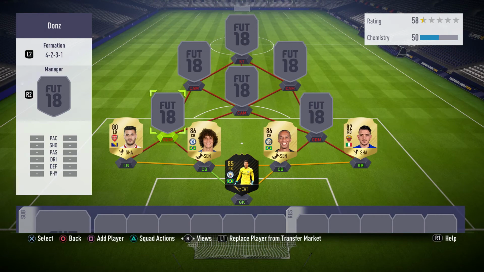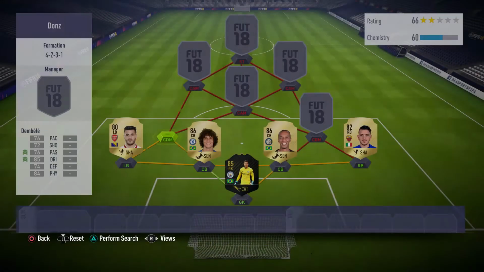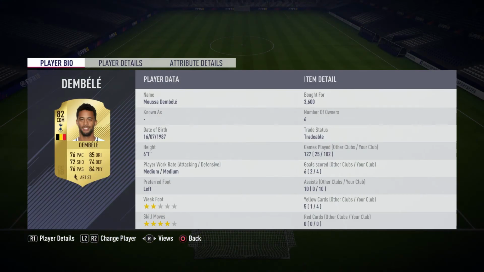Now moving on to the first CDM position, we have gone with a player from the Premier League, and that is Moussa Dembele. Linking in with his rival at left back, that sounded so weird, but I meant linking in with his rival at left back. We have gone with Moussa Dembele, one of my favourite players of all time in terms of midfield players,